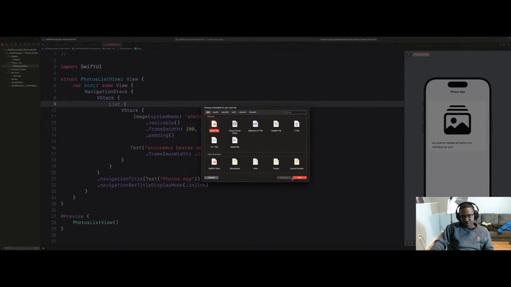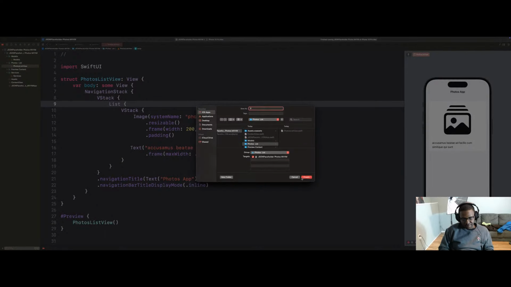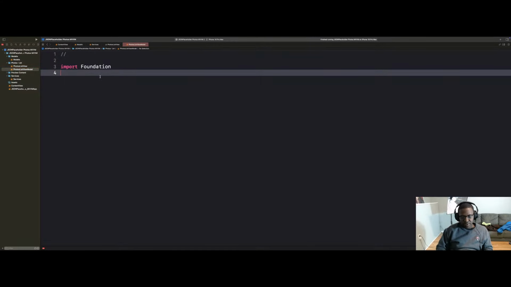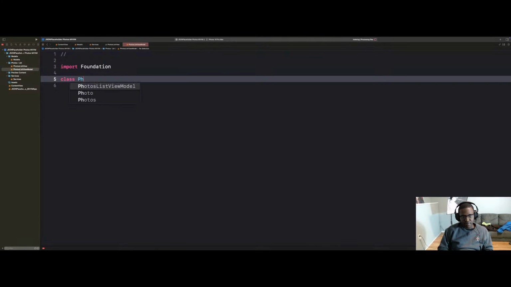And this is going to be a regular Swift file. I will call this photos list view model. And then we'll say class PhotosListViewModel. I will make it an observable object so that